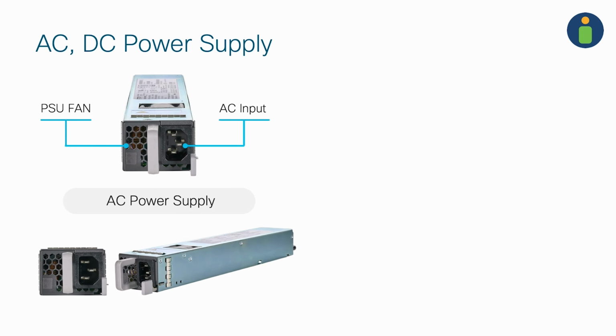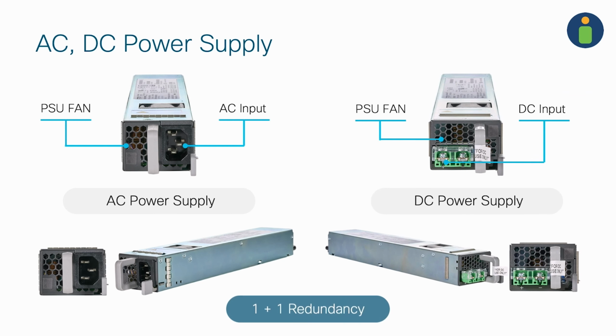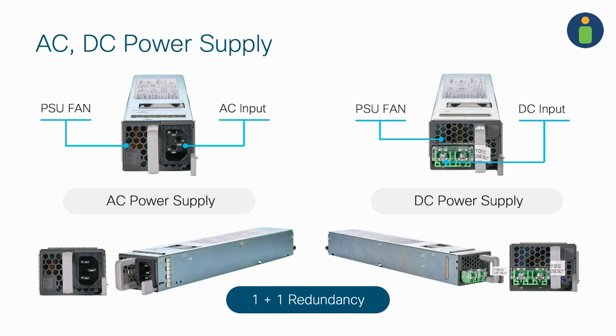Just like the ASR 1000 platforms, which were the predecessors for the Catalyst 8500 portfolio, we do have AC and DC power supplies supported on all three Catalyst 8500 platforms, and they come with 1+1 redundancy. As you see, both AC as well as DC power supplies get their own fan module, which helps cool the power supply itself. It does not depend on the chassis cooling assembly or chassis fan array to cool the power supplies. For the DC power supply, as you see in the picture, we have screw type connectors.